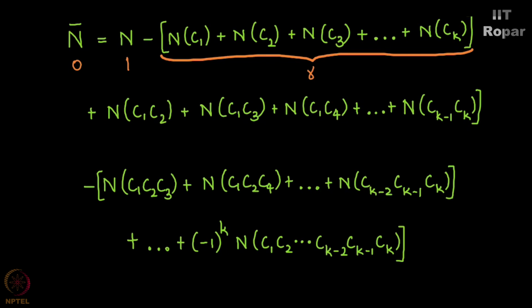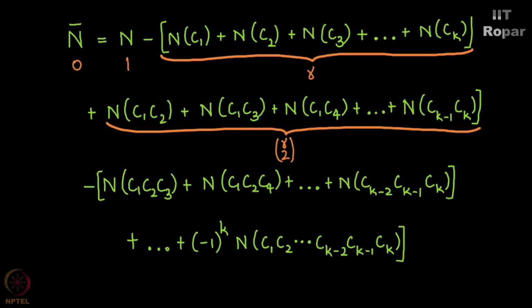Similarly, think about it. When it satisfies R conditions, given any two conditions from these R conditions, it will satisfy. So in the second term, it will satisfy R choose 2 conditions and the rest it won't. Again, a point of confusion could be here. You may want to spend some time here and see why it is R choose 2. Next, it will be minus R choose 3. And next it will be plus R choose 4 and so on, up to the point where it actually reaches R conditions. In the Rth step, it will be R choose R. After that, there will be R plus 1 conditions and hence it will be 0 everywhere.